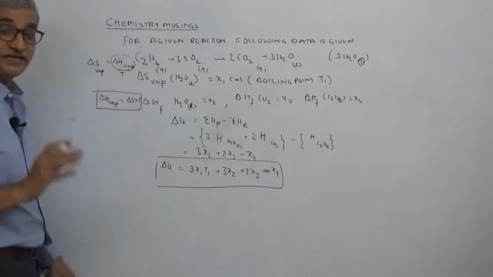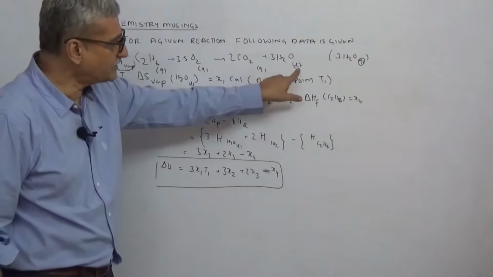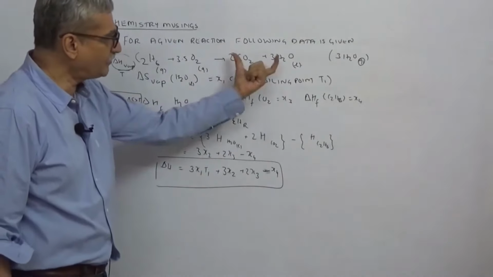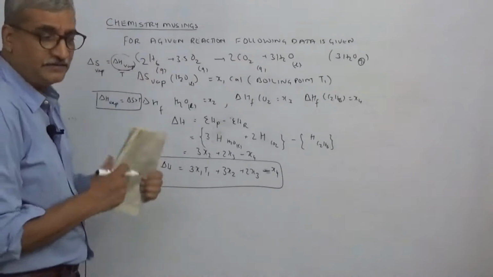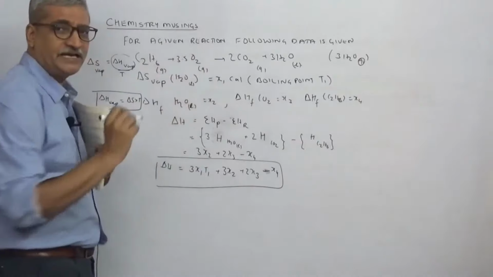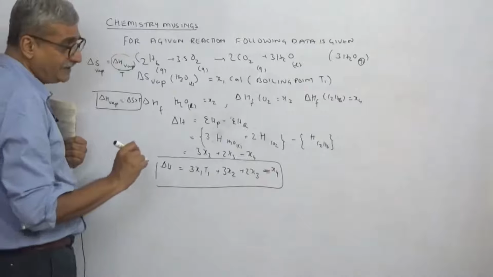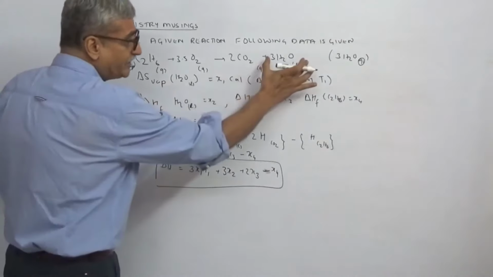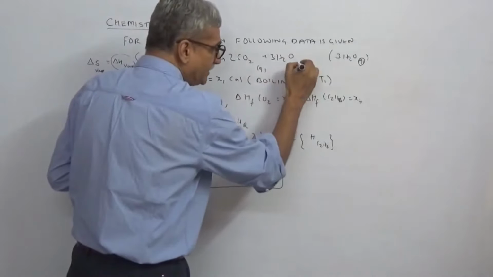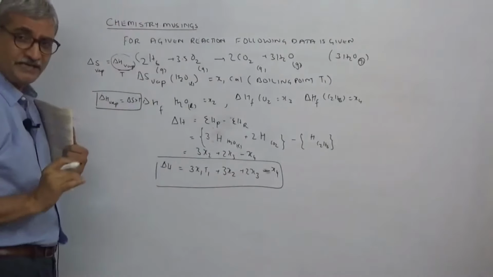So here what has happened is, in the normal 12th standard question, this was liquid. So we simply use the formula enthalpy of products minus enthalpy of reactants, where we said that the enthalpy of an element is taken as 0. But in the given equation, they have given this as gas, not as liquid. Therefore the enthalpy of vaporization has to be added.